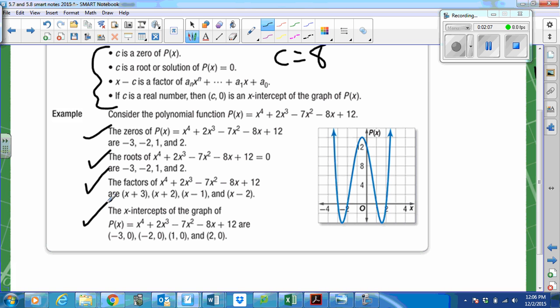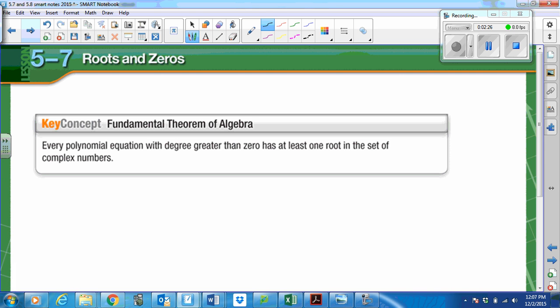So you are going to be able to use your graphing calculators to help you factor some of these polynomials, and they can be very helpful. You're going to have to know how to take your graphing calculator and translate that into the algebraic work, though. So it can be a tool that helps you, but you still need to be able to show me the algebra manually. So fundamental theorem of algebra: every polynomial equation with degree greater than 0 has at least one root